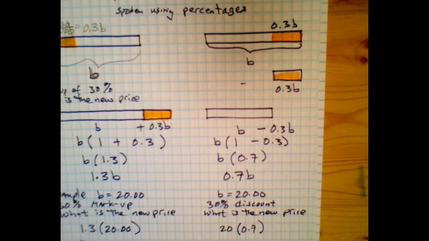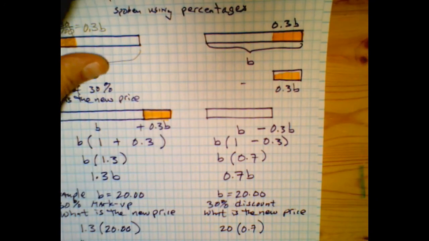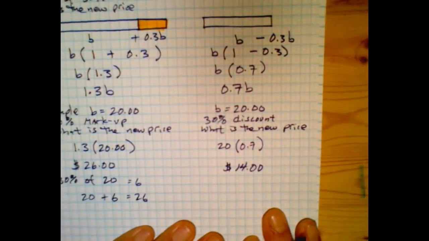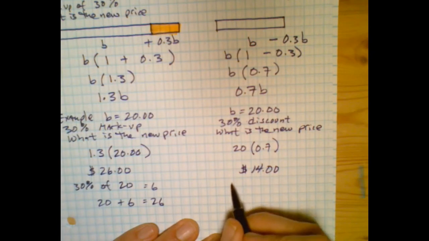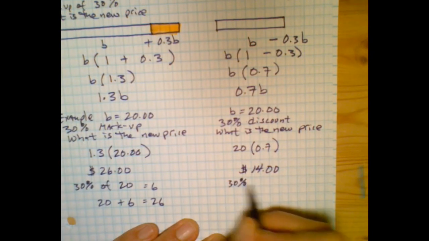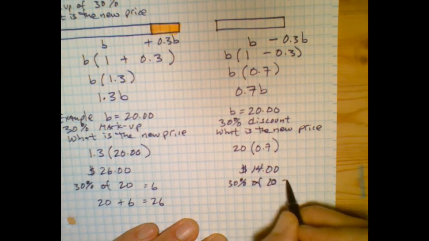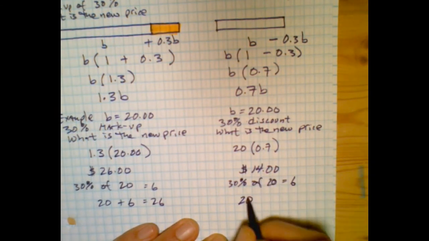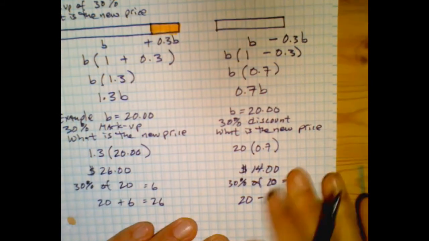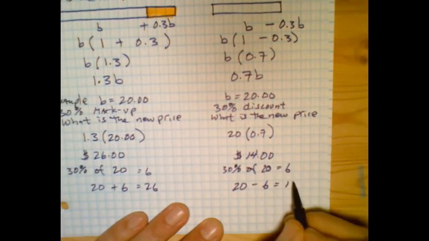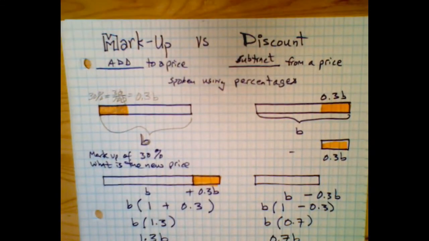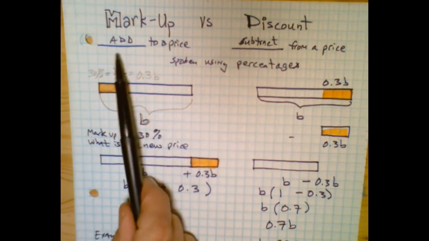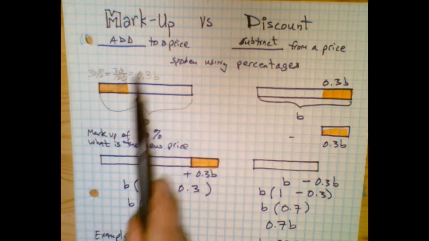And this should make sense too, because again, 30% of $20 is $6, I know that. I have my original $20, and I take $6 away, lo and behold, I'm going to get 14. So to wrap up, remember, markup is when we add some portion to a given price,